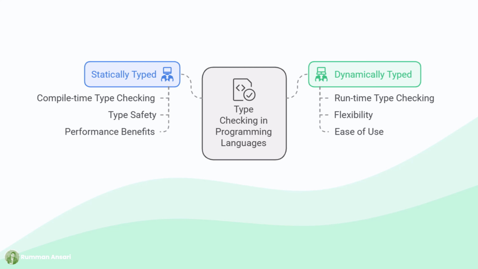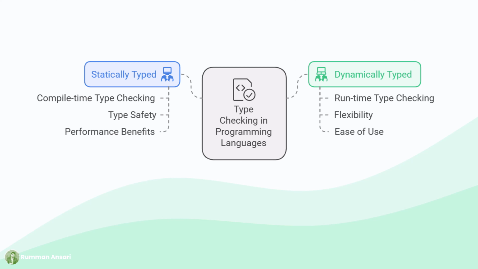The third point is less runtime flexibility. Variables cannot change their type after the declaration. So when the code executes at the CPU or at runtime, you will not be able to change the type of the data directly. For that you need to typecast. You have to typecast the data from one type to another type. The next point is better performance. Since the types are known at compile time, statically typed languages are often faster because the compiler optimizes for these